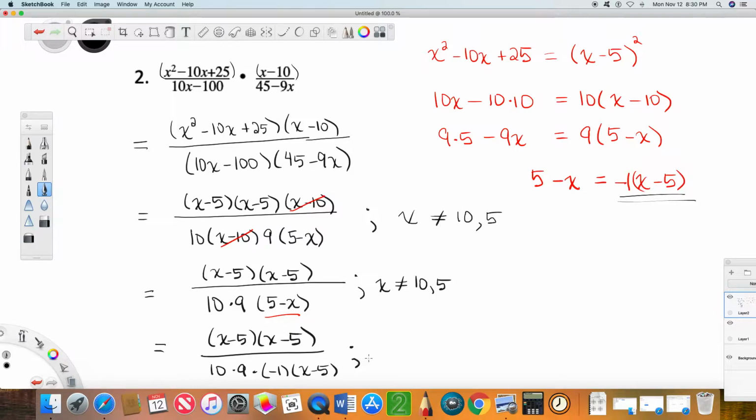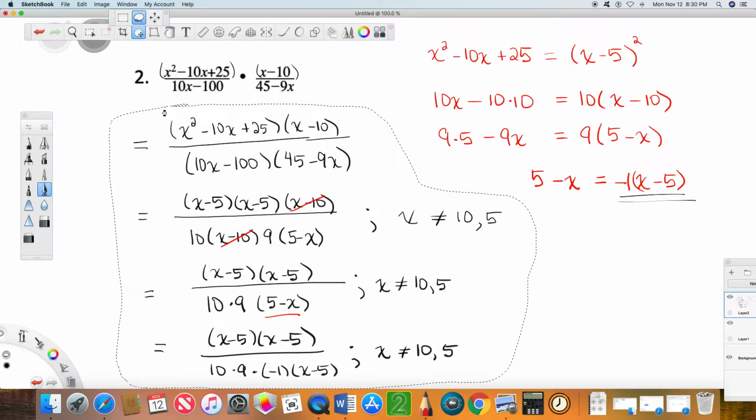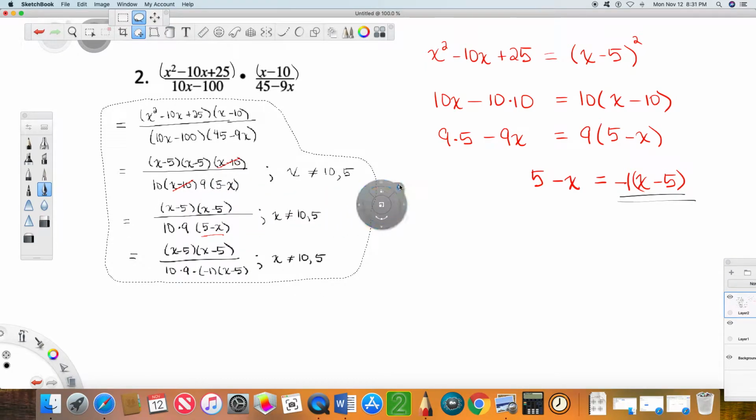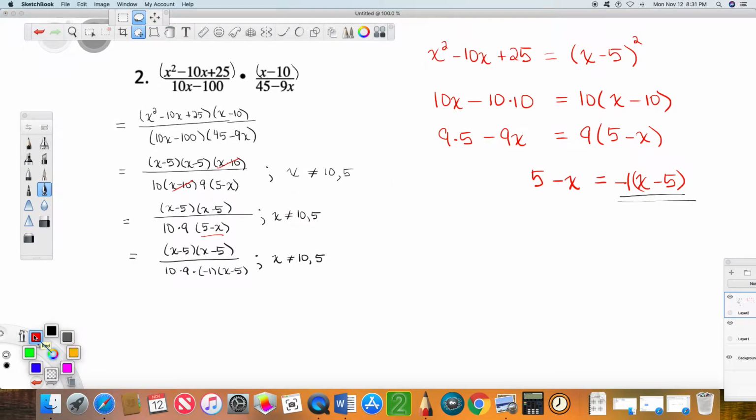Now, of course, I have my restrictions. Now, I'm going to shrink this up because I have run out of room. Just when we got to the exciting part. All right. So remember before, I didn't think that I was going to be able to cancel 5 minus x with x minus 5, but it turns out, since they're opposites, they divide to negative 1. So I can cancel x minus 5 over x minus 5,